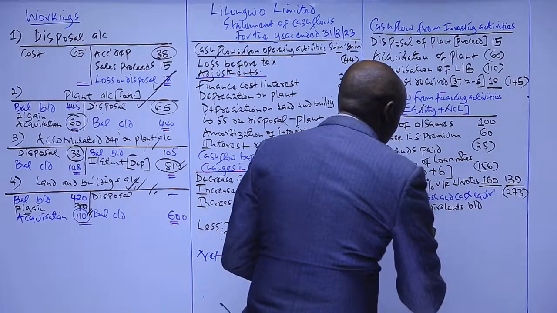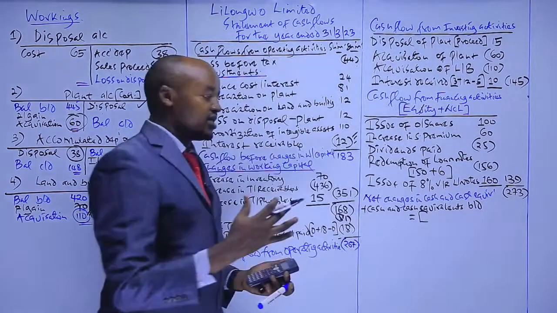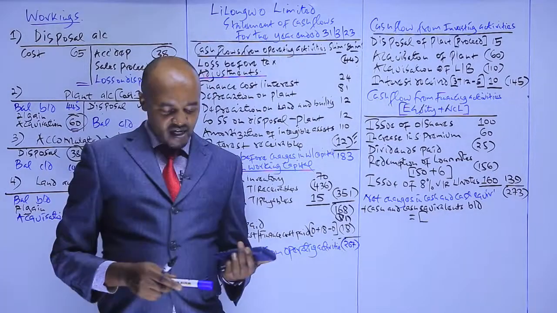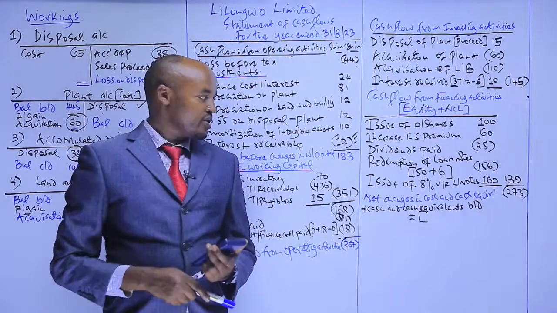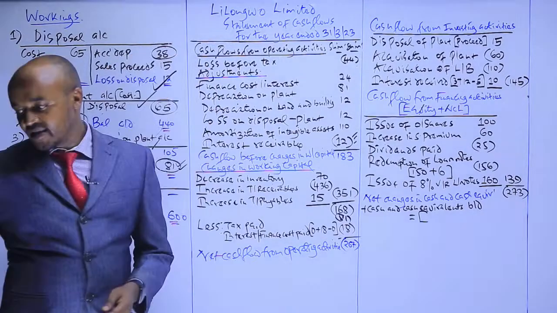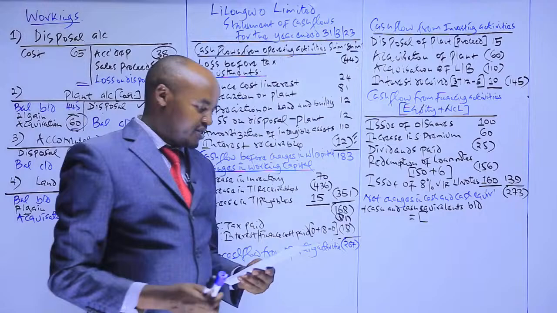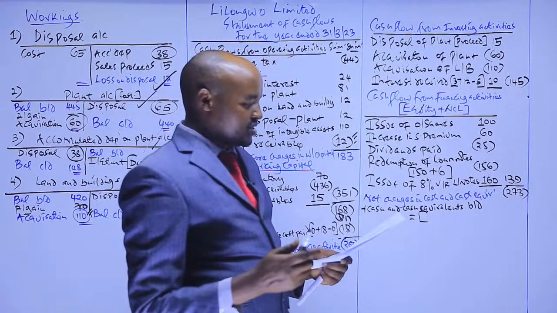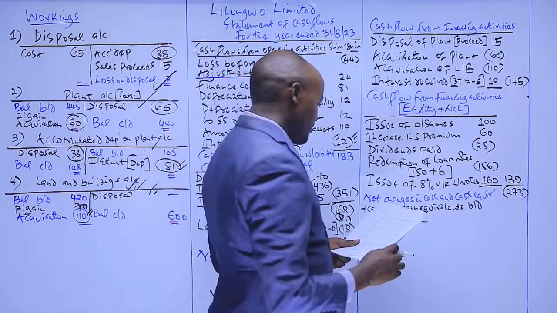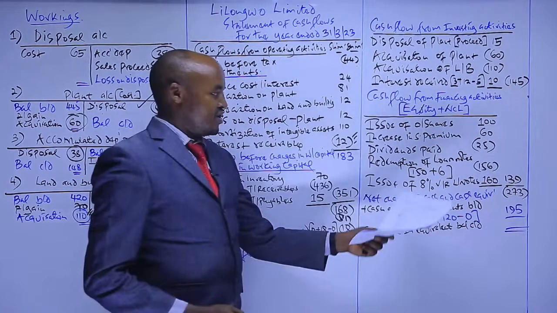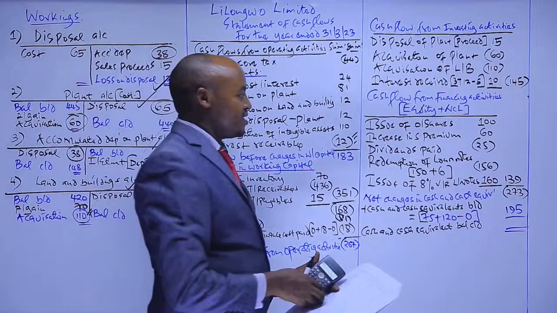So in this case, when we talk about the cash here, we said we consider cash in hand, cash at bank, including bank overdraft and cash equivalent. These are short-term investments. So what we do here, we go to where we have current assets. We take into account the items of cash and cash equivalent. So at the current asset, which items of cash and cash equivalent do we have there? First of all, we have the bank balance, which was now at the end of the year. So we need to add these two figures here. What we have there plus this.